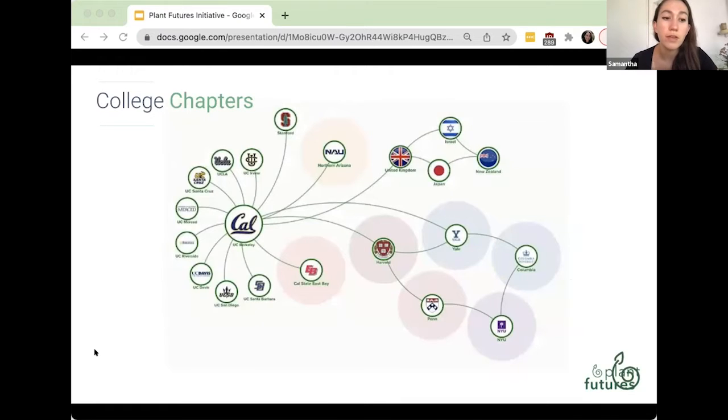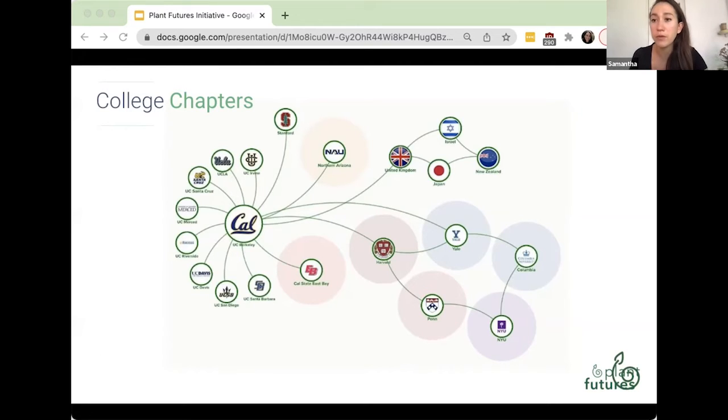We've also been building out a college chapter network because dozens of universities and students from different parts of the world have asked us to participate in the program after we ran it at Berkeley, which signaled to us an unmet need and opportunity. So that's why I decided to grow the initiative and turn it into a nonprofit organization, which I'm currently running as my full-time job.